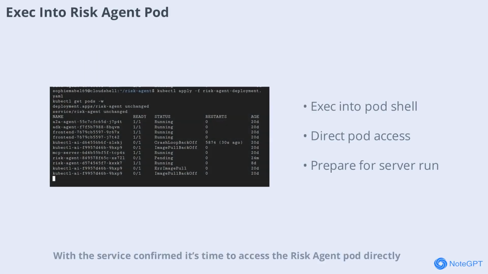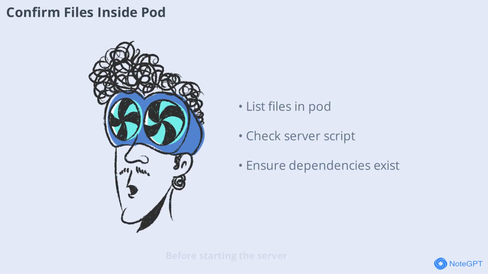With the service confirmed, it's time to access the risk agent pod directly. Using the kubectl exec risk agent pod name bash command, we open a shell inside the pod. This gives us direct access to the pod's environment, allowing us to interact with files and processes as if we were inside a regular Linux machine. This step is vital for running commands, checking configurations, and preparing to start the server. By accessing the pod shell, we gain full control over the risk agent's runtime environment, ensuring everything is in place for the server launch. For starting the server, it's important to verify that all necessary files are present inside the